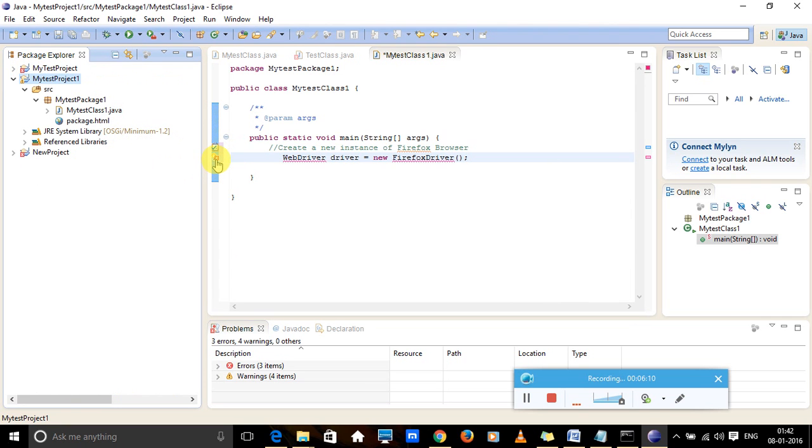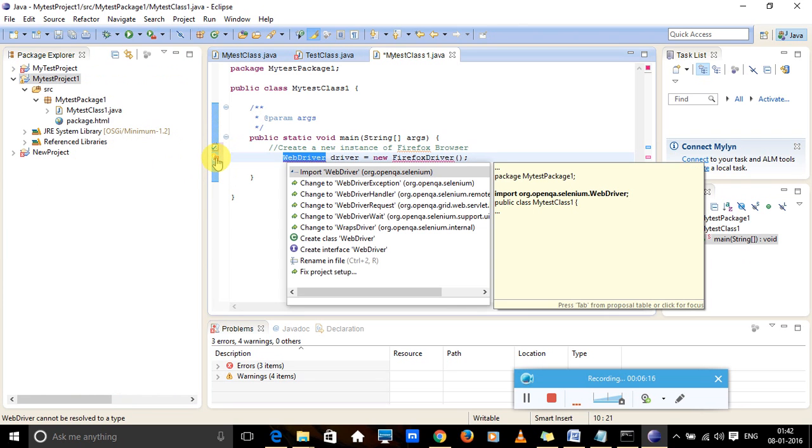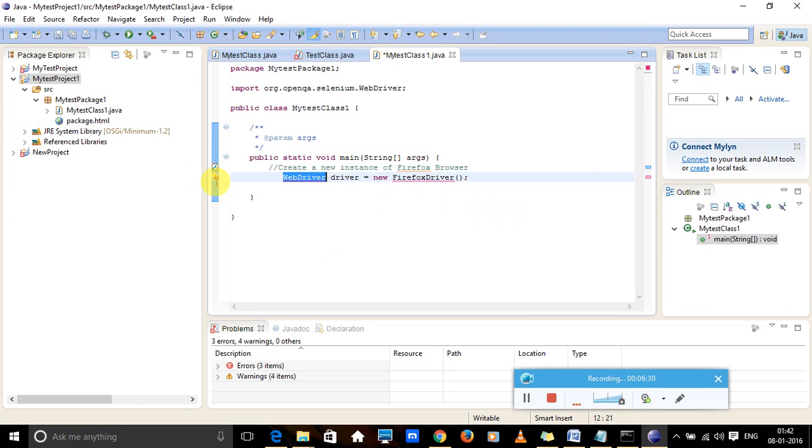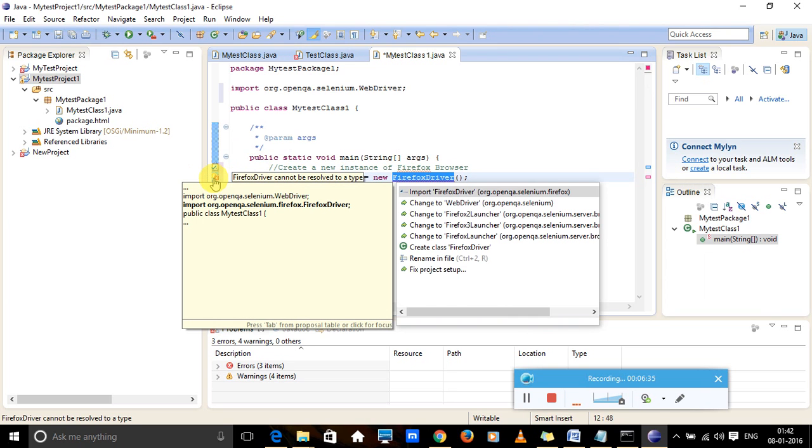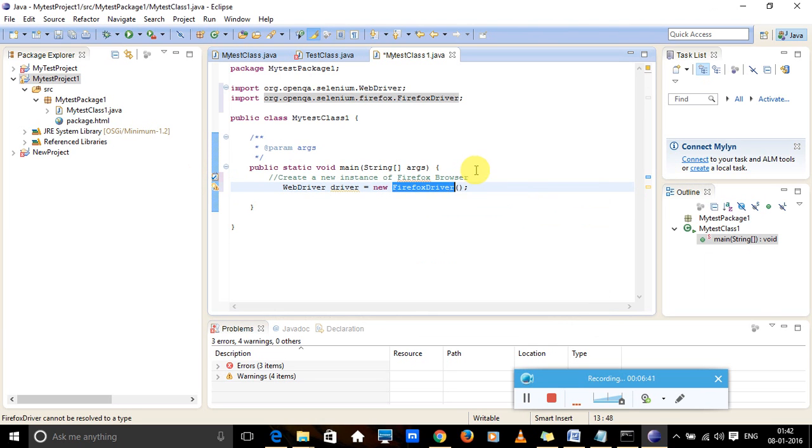Now I will click on this warning and see what error it is showing. It is saying that I have to import WebDriver from the Selenium package. I will import it. Then it's showing another error that it's not able to find FirefoxDriver. So I will again click on it and import FirefoxDriver. And as I am using driver, I will type driver